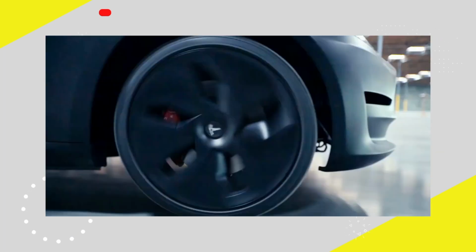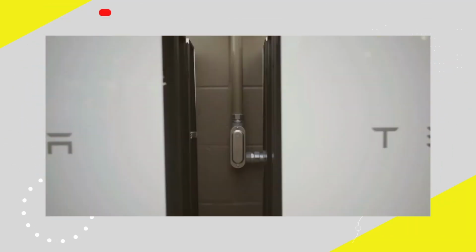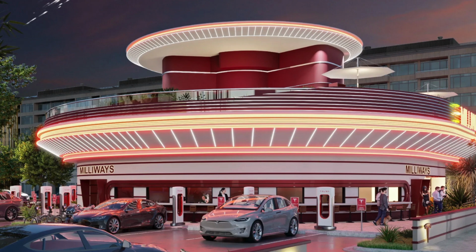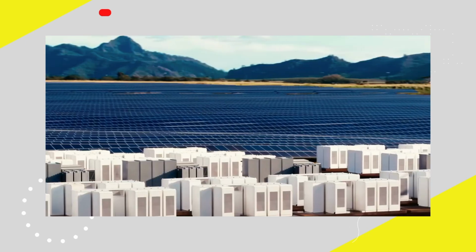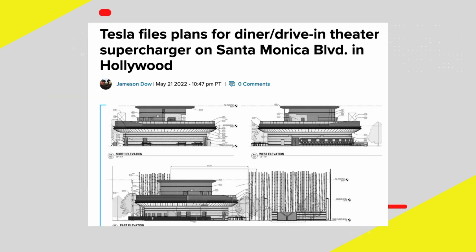A few months later, Tesla applied for a building permit for a restaurant and supercharging station at the location in Santa Monica. However, the project stalled for a long time, apparently due to local regulations. Nevertheless, Tesla still moved forward with the supercharger at that location, but it had to move the diner project to Hollywood. Last year, Tesla filed the construction plans with the city, giving us the first look at what the automaker